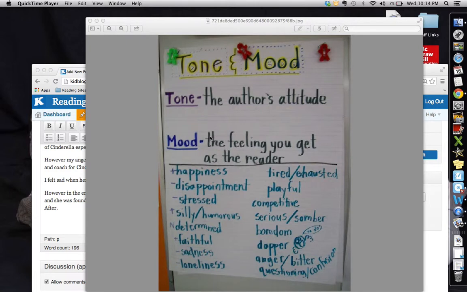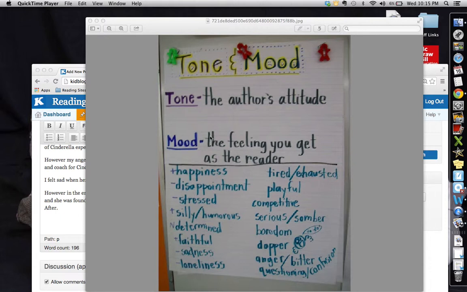Today in reading, we're going to talk about tone and mood. I just wanted to remind you, before I share with you the anchor chart that you see on your page, that you are to have your biography book picked out by Friday. Whether you've ordered it and you tell me what you've ordered and show that to me, or you have the actual book here. Today we're going to talk about tone and mood, and you're going to use whatever book you're reading today, whether it's your biography book or if you don't have that yet, it's a fictional book, okay?